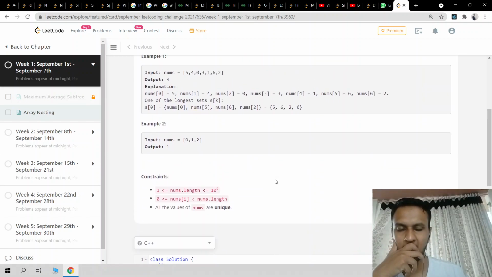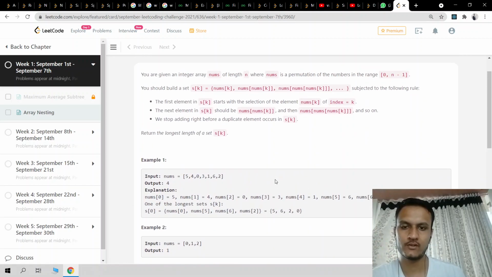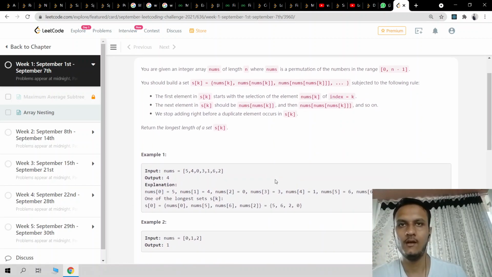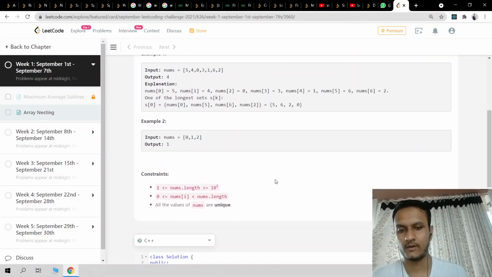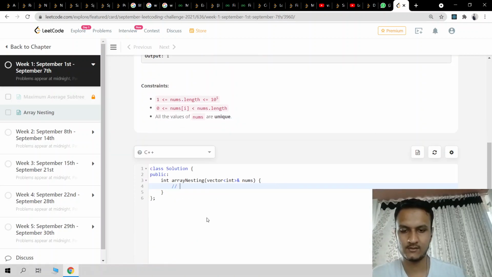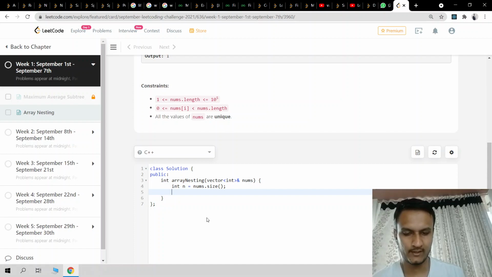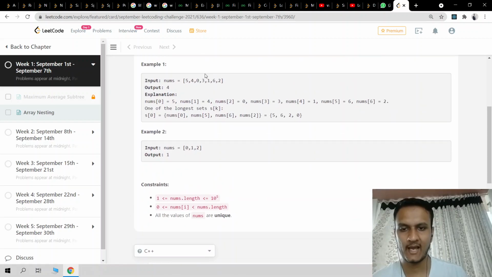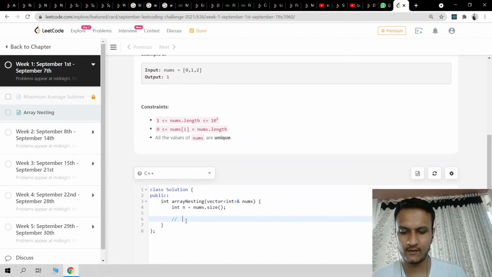So I am thinking of a solution which I have used on a question before, like Floyd's cycle, fast and slow pointer, from the arrays point of view. So let's first take our n as nums size, and then after that I will think about the solution. Let's say I have started from 5.